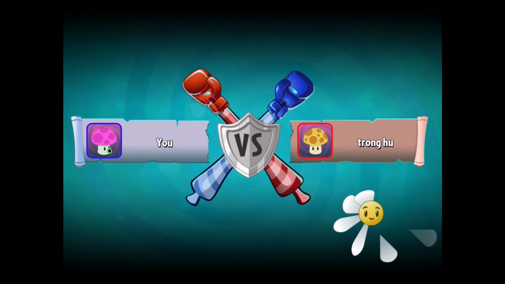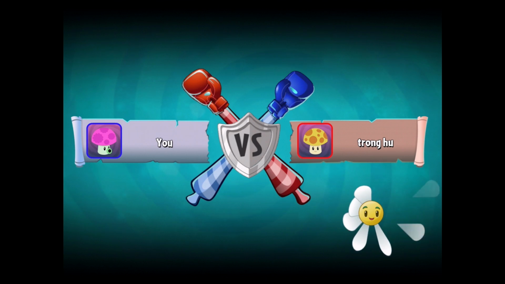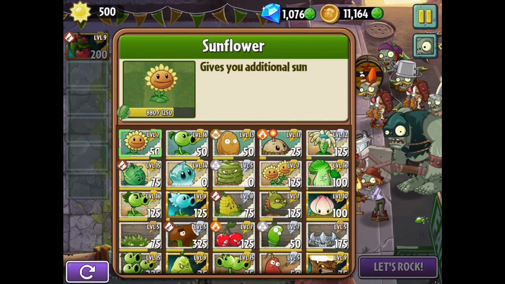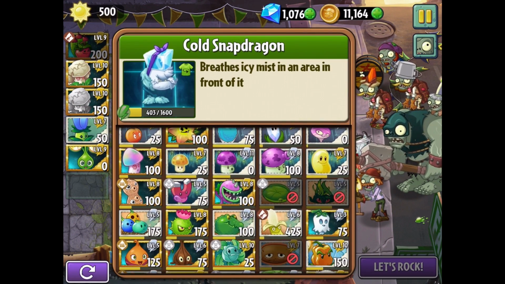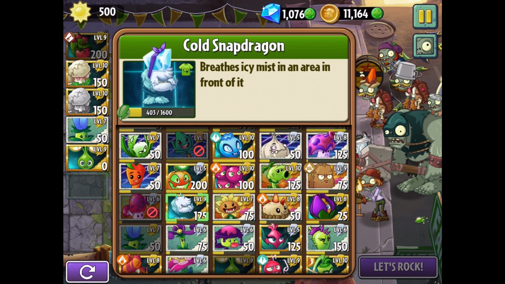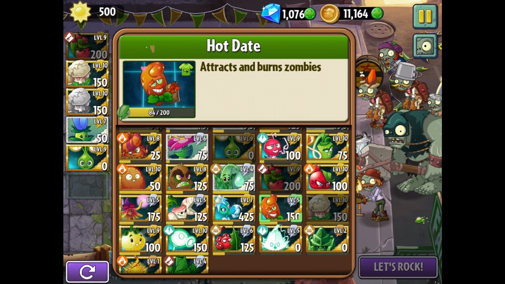which would mean no more bringing in Cold Snapdragon, which is pretty helpful. But the Apple Mortar should do some stunning, so let's see. Let's just switch up one difference here. Instead of that, we're going to bring in fire-based plants that radiate the aura. What's the latest fire-based plant? Is it this dude, the Hot Date? I don't necessarily want him, but